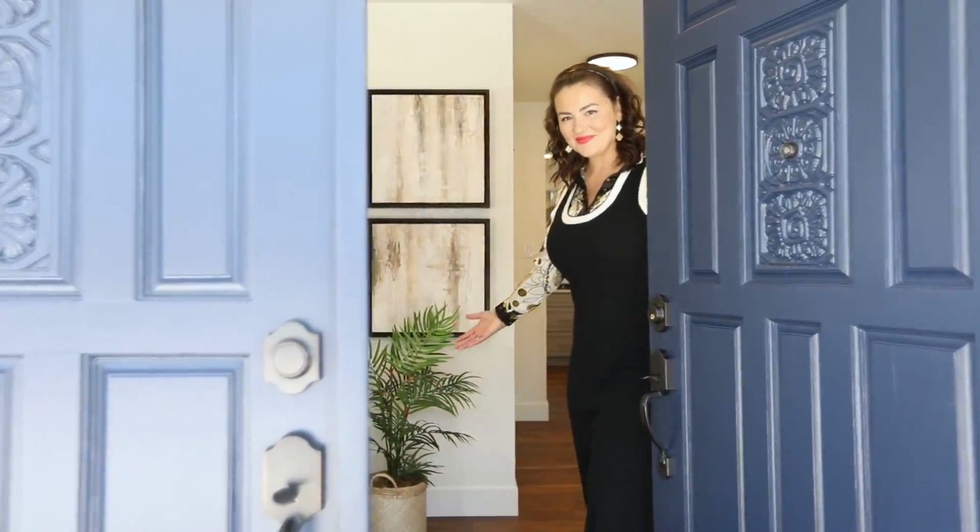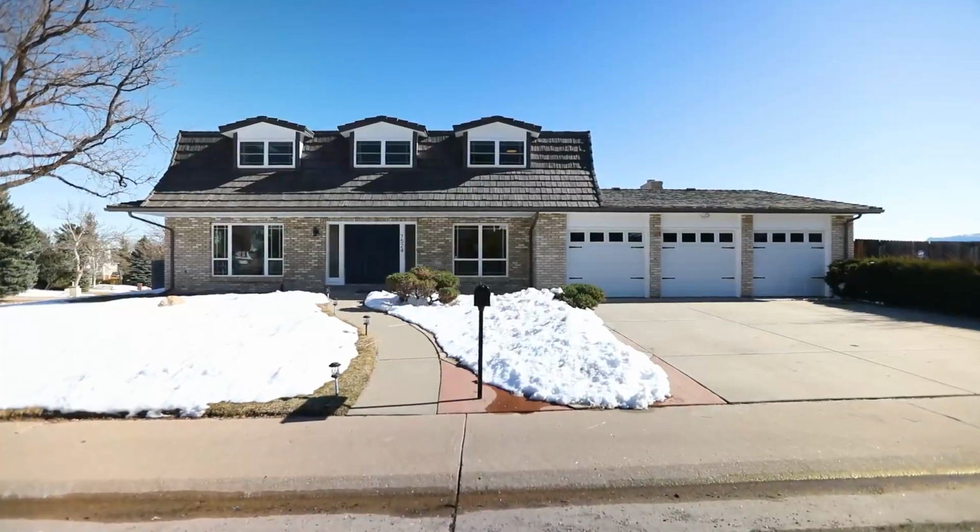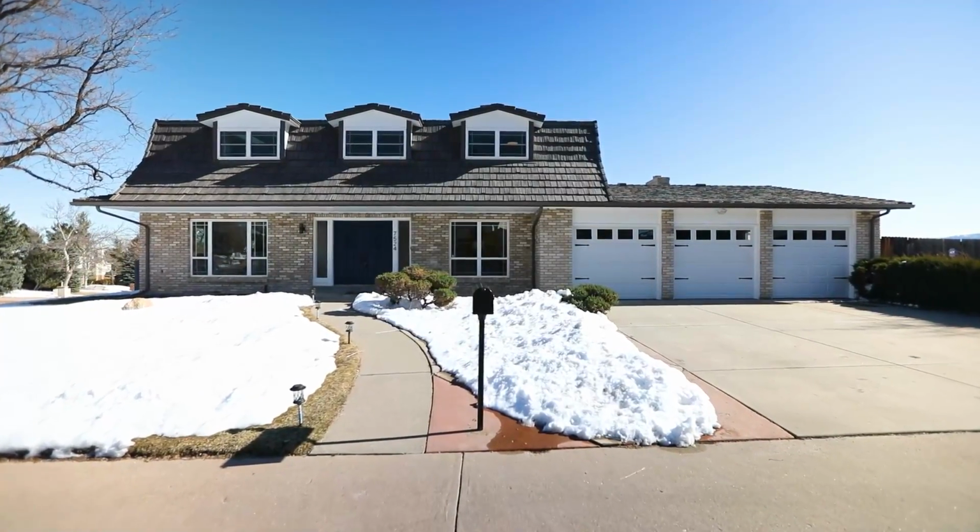to you. It's a beautifully renovated home in the heart of Littleton with spectacular mountain views. Let's take a look. This one-of-a-kind gem sits on 1/3 of an acre corner lot and defines luxury living with